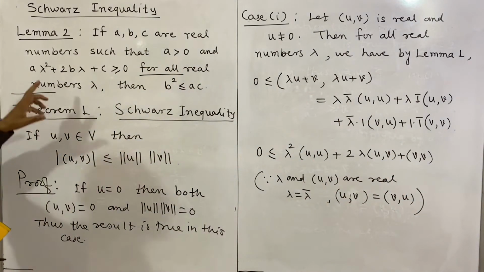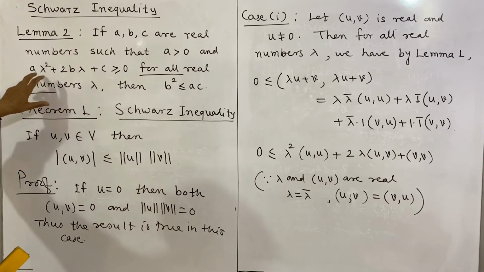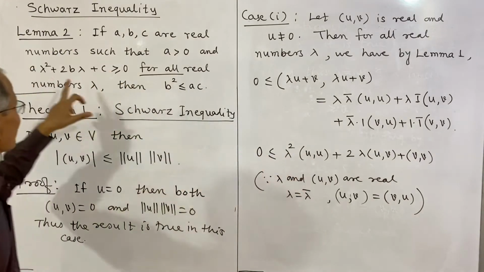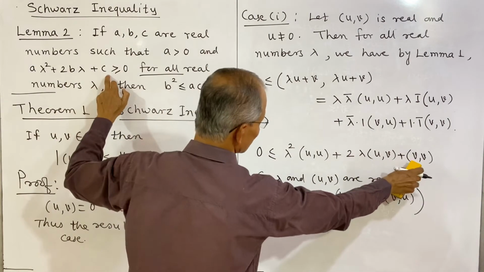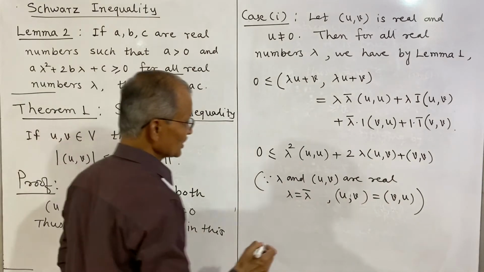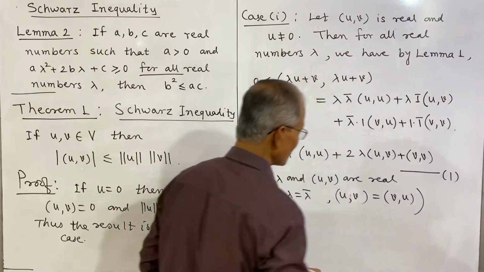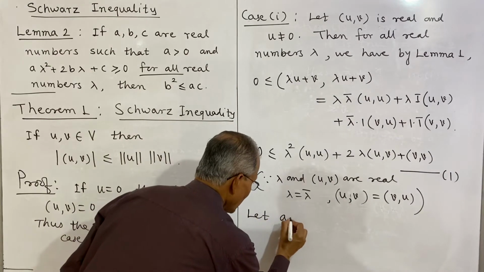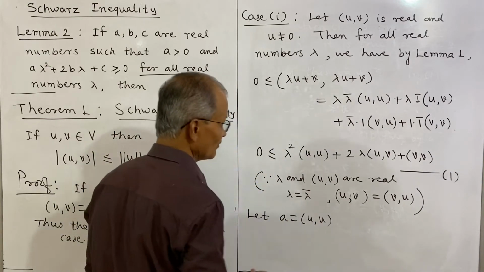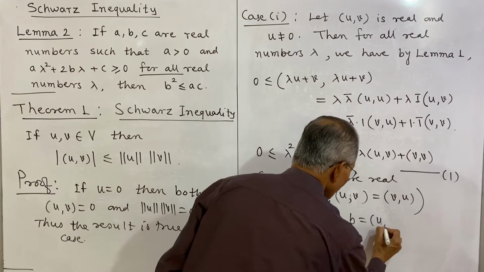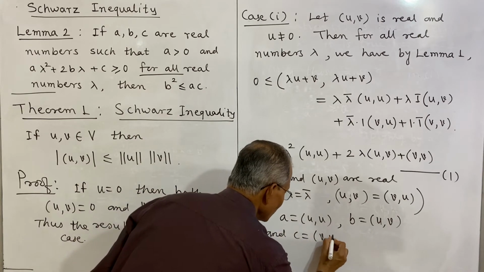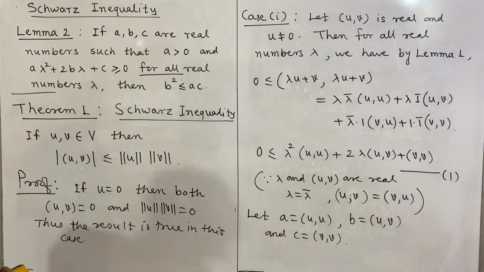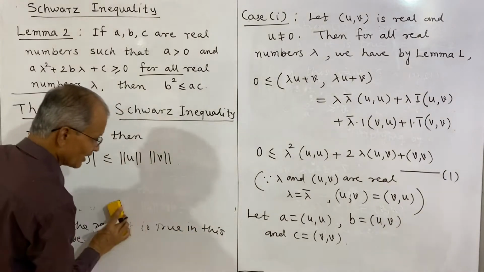Now we want to use this lemma. So for that purpose we shall select a as this value, and we select b as this value of the inner product, and c as this inner product. So we shall suppose this as first expression. Let a be equal to inner product of u with u, b is equal to inner product of u with v, and c is equal to inner product of v with v. So then relation 1 becomes,